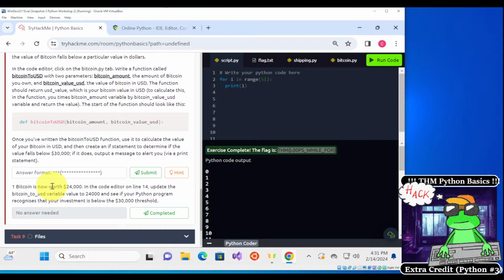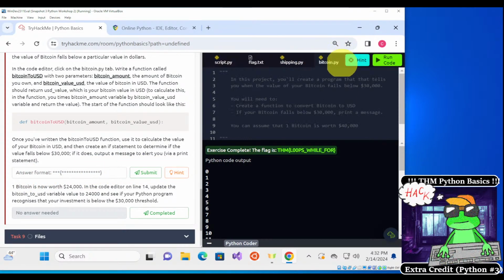The next couple of questions for this exercise are going to ask us to calculate some stuff for an imaginary Bitcoin project. In this case, we have to go to bitcoin.py, and we're going to use it to calculate the value of the Bitcoin in USD and create an if statement to determine if the value falls below 330,000. If it does, put a message to alert you. Okay, so we go to bitcoin.py,